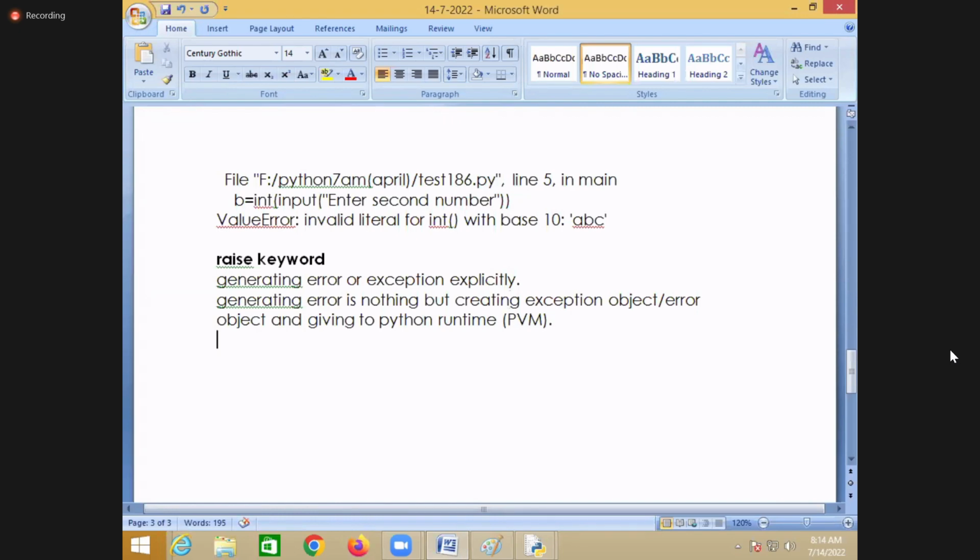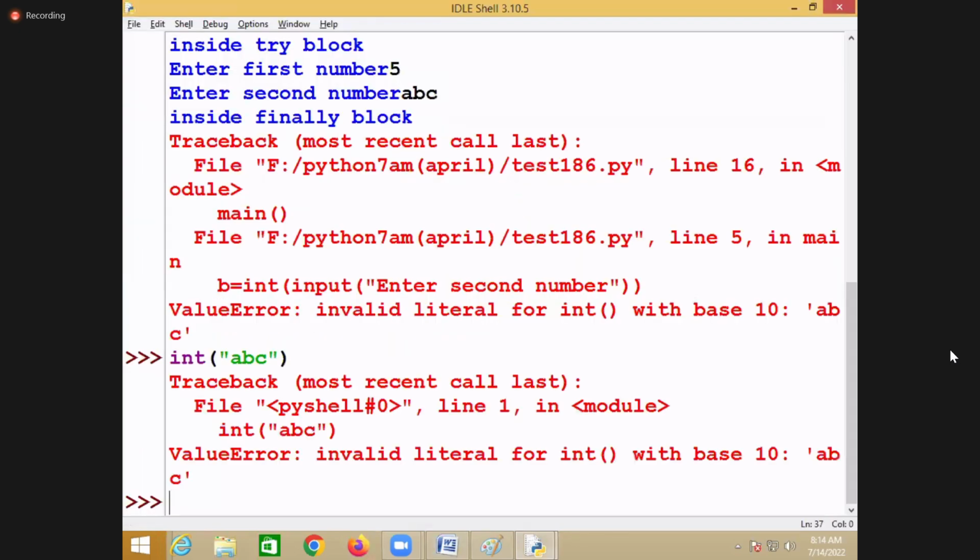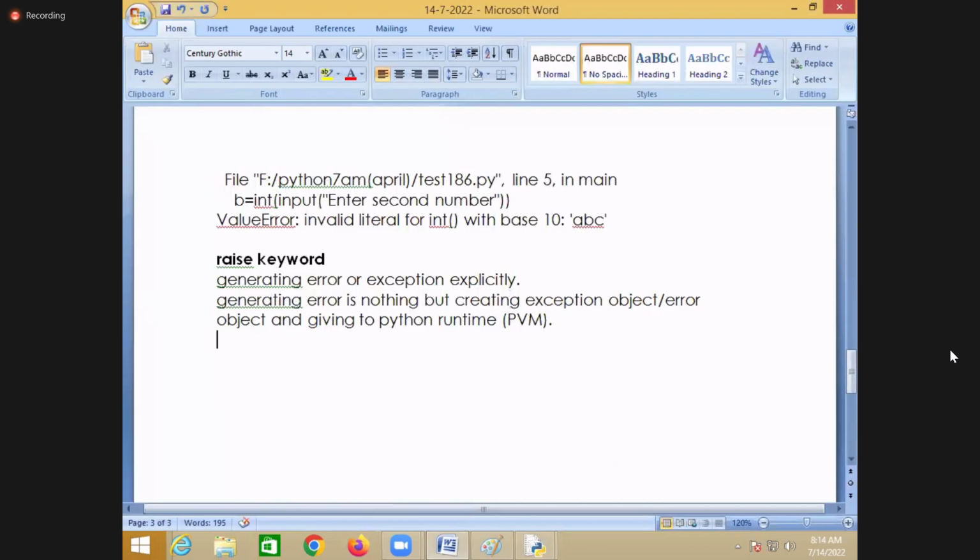So it means we can write our own functions, and if any input is given wrong to my function, I want my function to generate an error. Then how does a function generate an error?